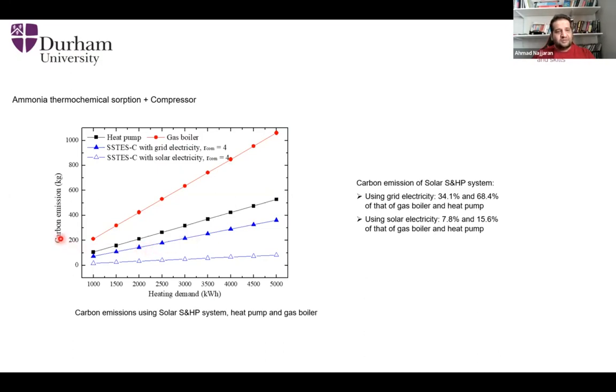You can see the level of carbon emission for every technology: heat pump, gas boiler, and our system with grid electricity. The number of modules involved in the heating is shown, along with its compression ratio, with electricity from the grid, and then using solar energy to supply electricity to our compressor for the compression ratio of 4. And as you can see here, the gas boiler always shows better